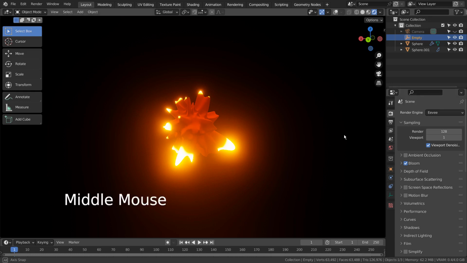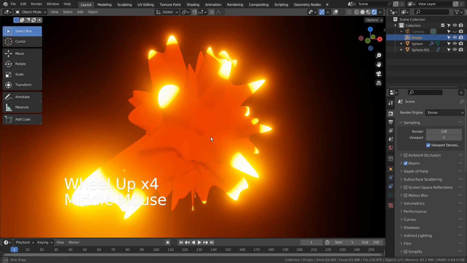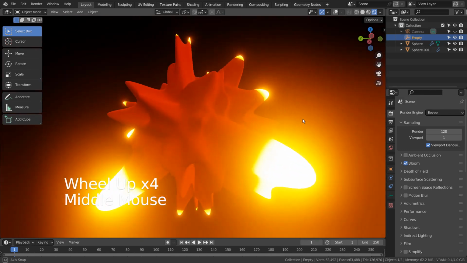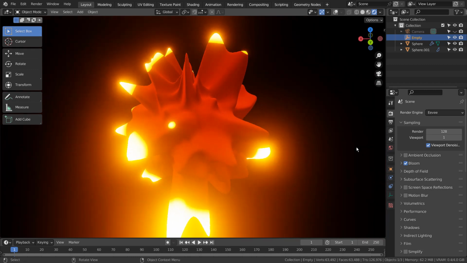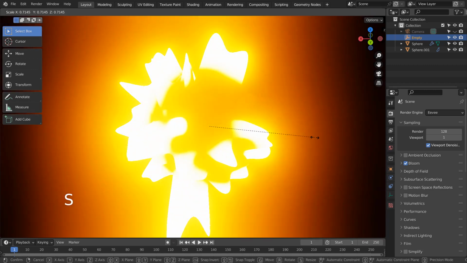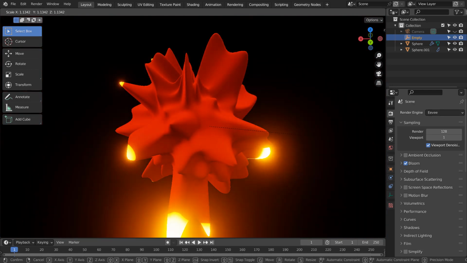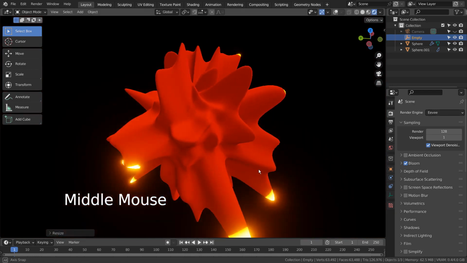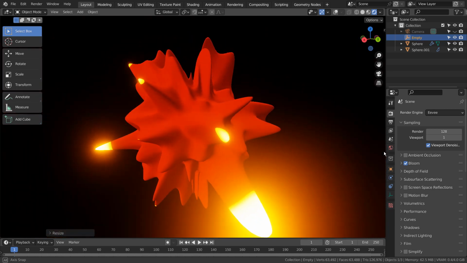In this tutorial, I'll show you how to create a glowing tip material. I'm using Eevee with bloom turned on.